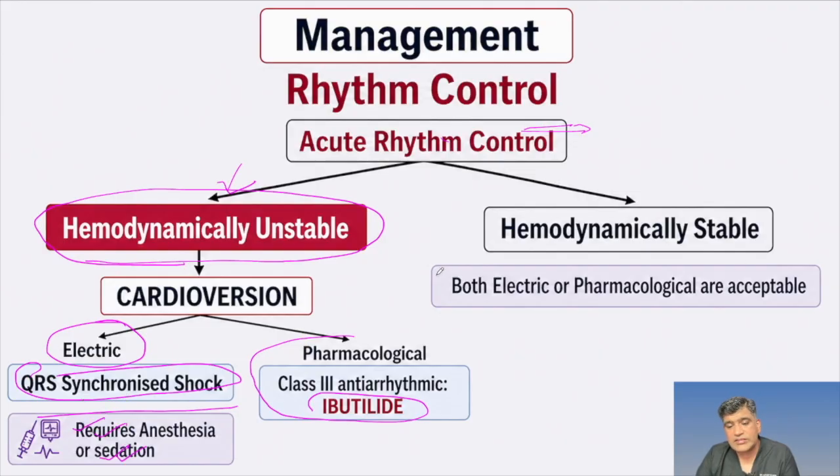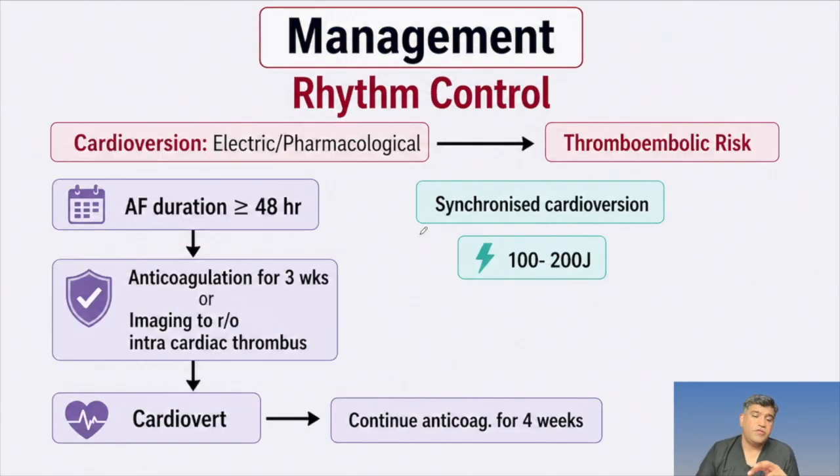For hemodynamically stable patients, both electrical and pharmacological methods are acceptable. So if we opt for either of the cardioversion, what do we have to keep in mind? Cardioversion in itself is a risk for thromboembolism. So if the duration of AF is less than 48 hours, straight away go for cardioversion. There is no doubt. If the duration of AF is 48 hours or more, then do not go for cardioversion unless